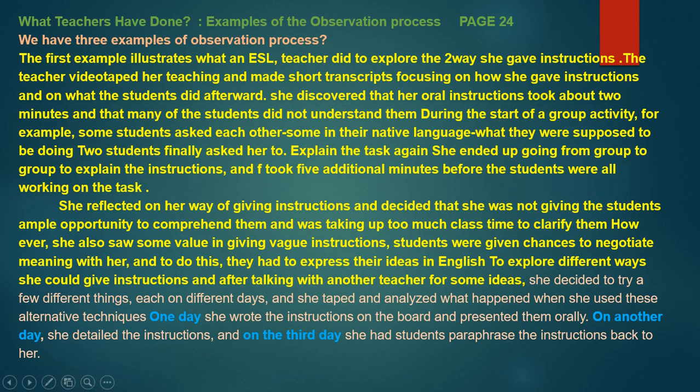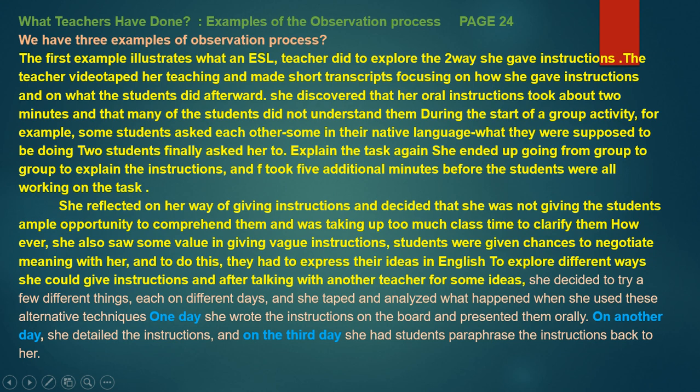Here we have some examples of what teachers have done inside the classroom. We have three different examples of the observation process. The first example illustrates what an ESL teacher did to explore the way she gave instructions. The teacher videotaped her teaching and made short transcripts focusing on how she gave instructions and on what the